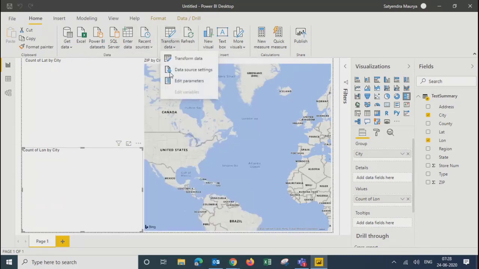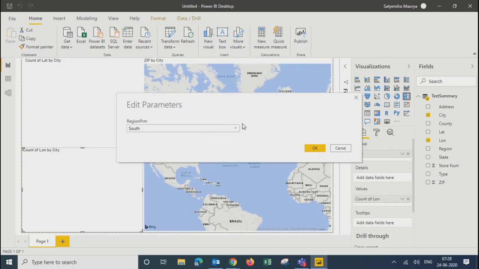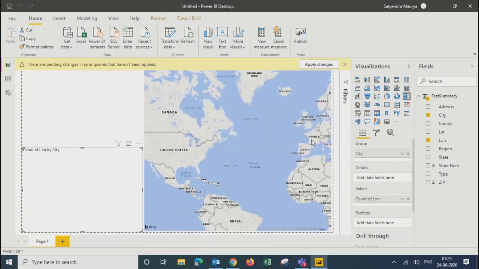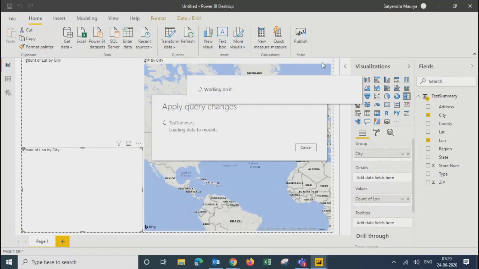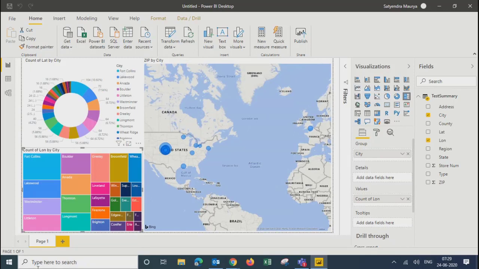So I'll go ahead and again select some value which is available, apply changes. Okay, so this is how the parameter works.